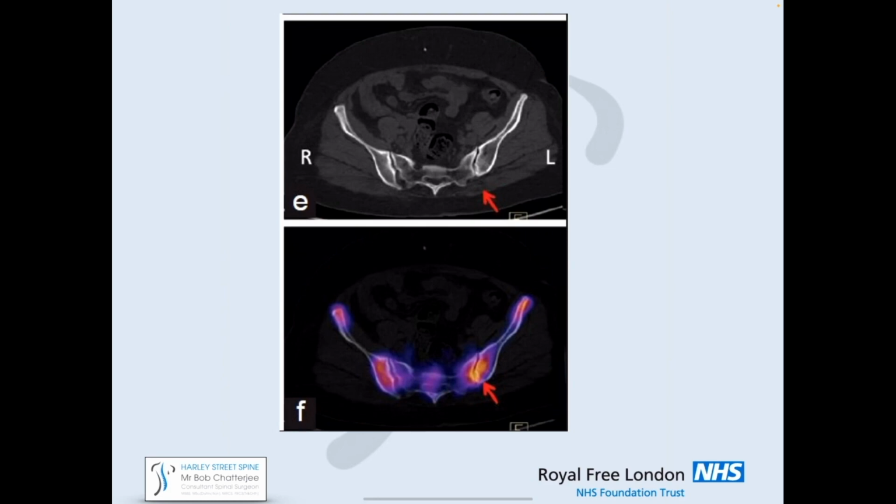But they're difficult to diagnose. We always like some objective diagnosis, but the CT SPECT scan is probably the best method of diagnosing this. If you look at this picture at the bottom, can you see the left sacroiliac joint highlighted with a red arrow there, and that yellow highlighting that you don't see on the sacroiliac joint on the other side is typical of sacroiliac joint pain. So often your plain MR, plain X-ray, plain CT don't show an awful lot unless it's really